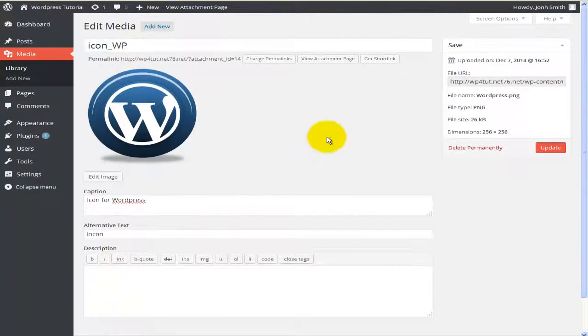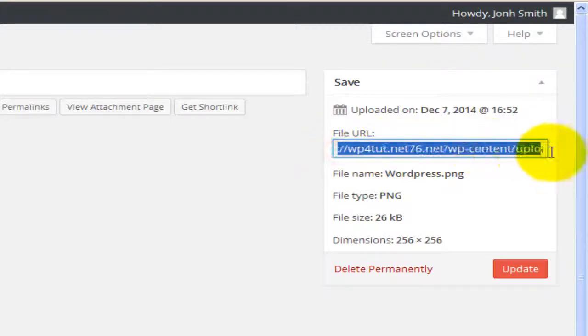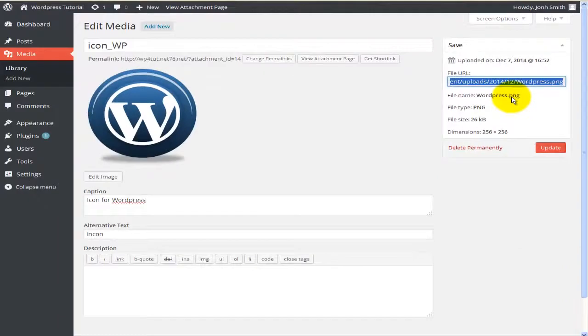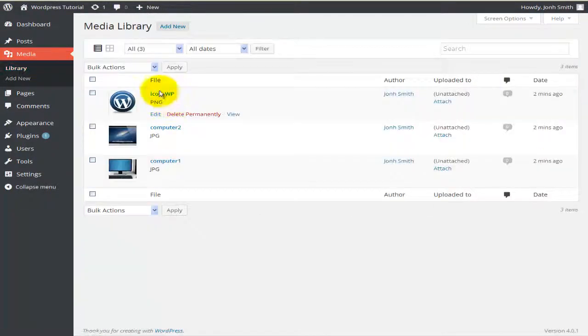On the right hand side I actually have a bit more information, where the file is located, so this is the URL of the file. I have the name as it was previously known, but as you can see I've actually changed it to icon_WP, and I have the file type, the size, and the dimensions. I can click on update, and this will save these changes, so I'll hit on update, and if I go back to the media library,